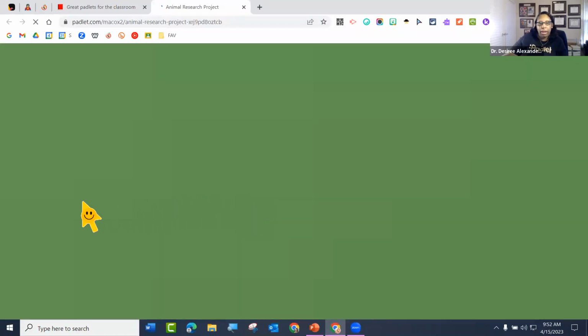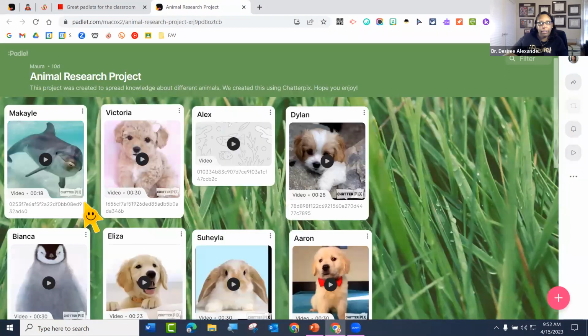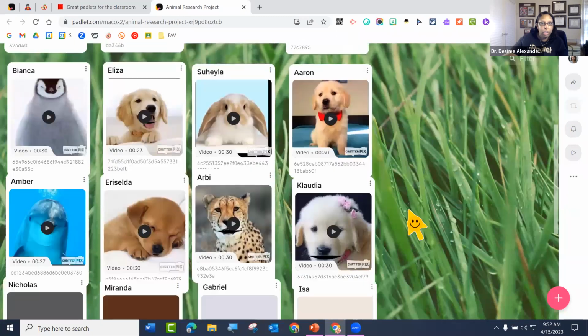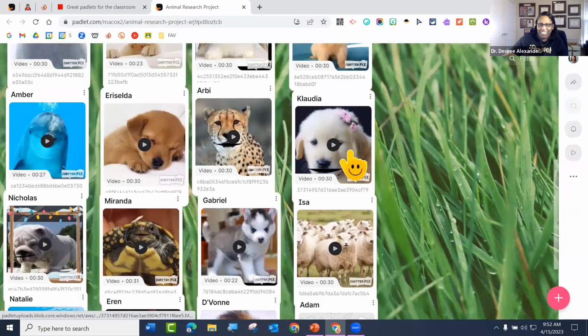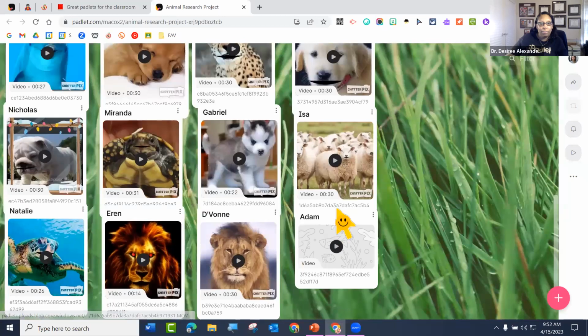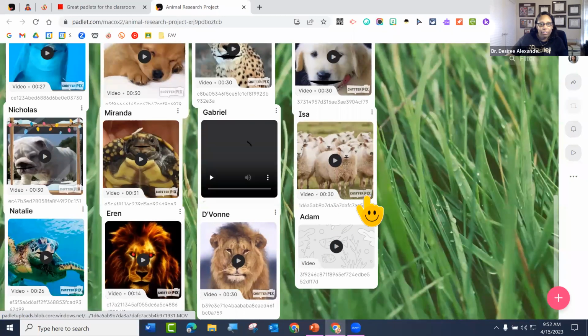Animal research project. And I'm gonna do a couple more of these, and then I'll stop for our final questions. So animal research. I'm guessing this is, are these some AI animals with the mouth? Oh, they probably use that thing where they make the animal talk. That's why the mouth looks like that. I was like, what in the world? So there you go. But so these are videos.